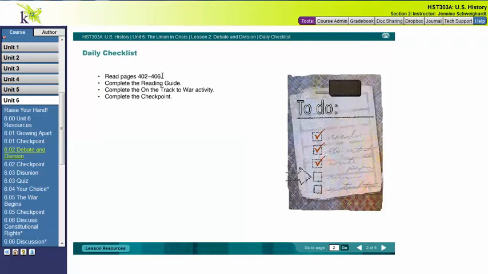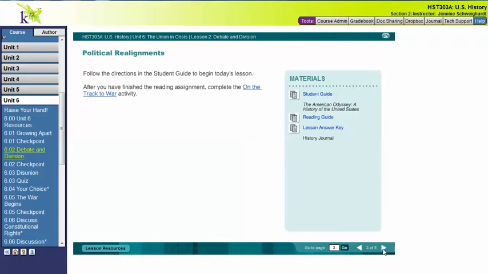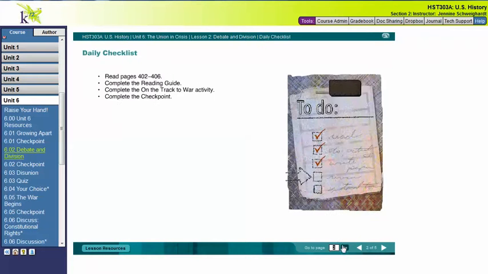For this lesson, you're going to be reading pages 402 to 406. There is a reading guide, so before you go into your textbook, make sure that you download your reading guide from slide 3, print it off, and be ready to find those answers in the textbook as you read these